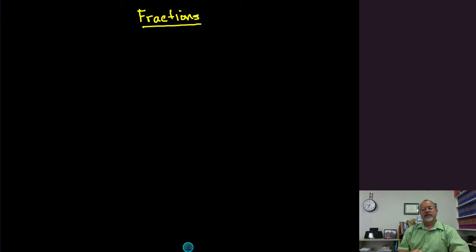Fractions are exact answers. Most decimals are estimated answers because the majority of fractions, when you divide them out into a decimal equivalent, they don't come out even, meaning they're decimal numbers, they don't stop. They either go on forever or there's a very long repeating number, but either way, those are estimated numbers. So that method, while it will get you an answer, doesn't give us the exact answer we want in math.